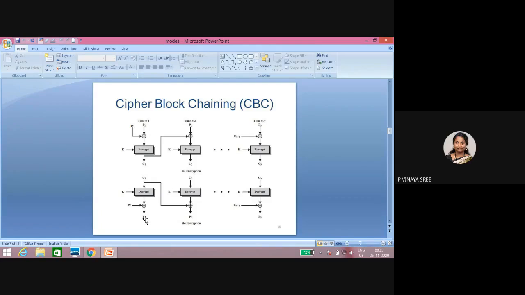And one more drawback is, if there is a change in ciphertext C1, let us consider an active attack. We have two types of attacks: one is passive attack and the other is active attack. Active attack is what? The attacker will modify the content which is shared through the communication channel. Let us consider C1.